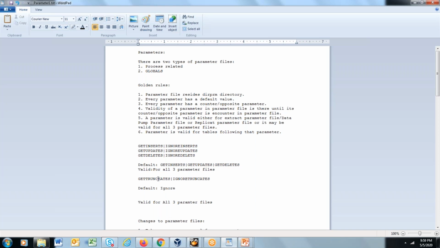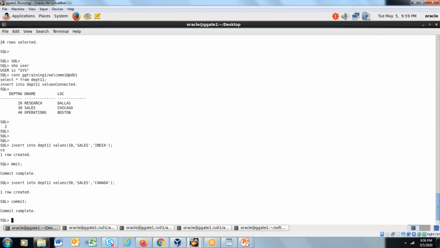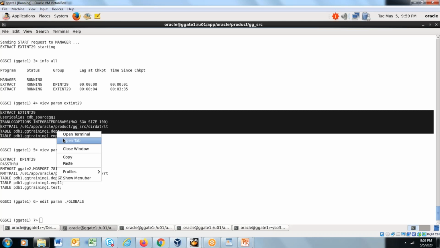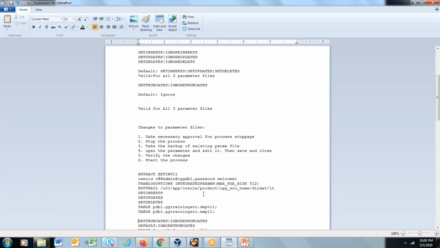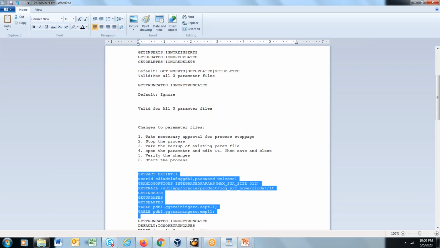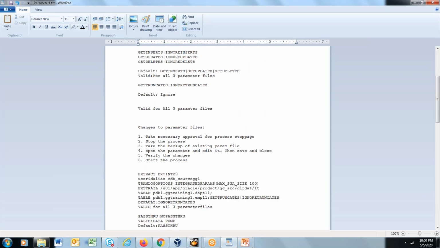Now when we talk about get truncates, so far we have seen that. So let me copy this first. Basically, how does this parameter file look like?